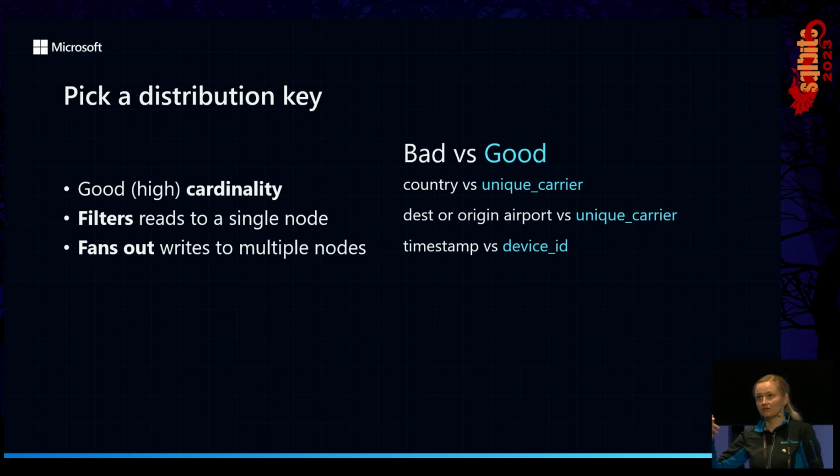If we go from the email example that Adam was talking about, and we use the status of the email as the distribution key, then we can go maximally up to the number of statuses when it comes to the shard numbers. I don't know how many, probably 5 or 6 email statuses. So we need a column that has pretty good cardinality, which would enable us to split the data into